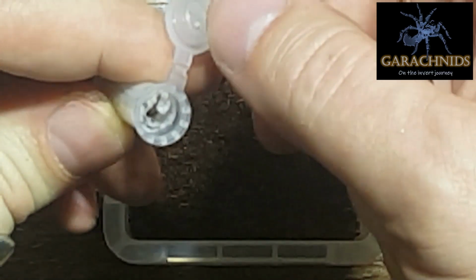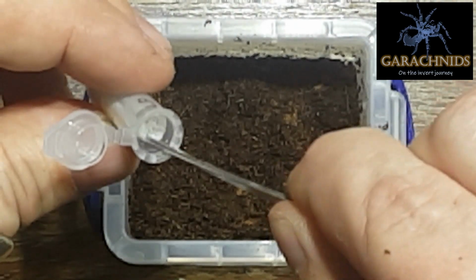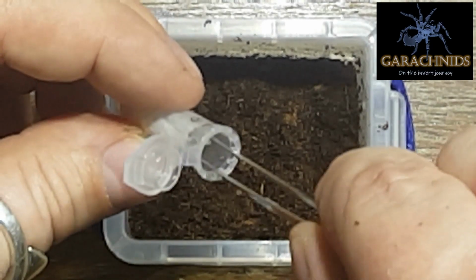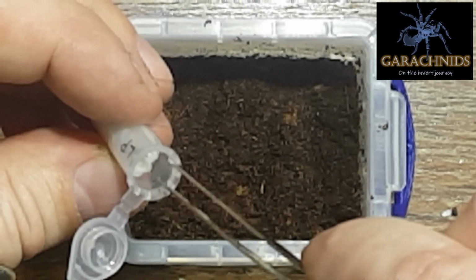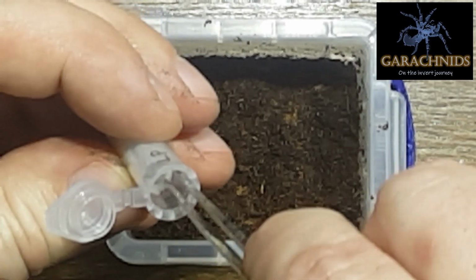There's a little bit of webbing in there. Okay, let's see what we can find. See how big he is. I like this little spider. Sadly, it looks like the tissues are a little bit too moist. I'll just see if I can get them to...